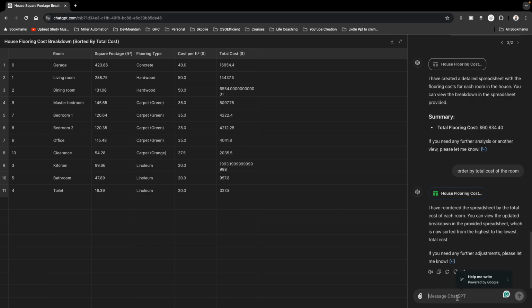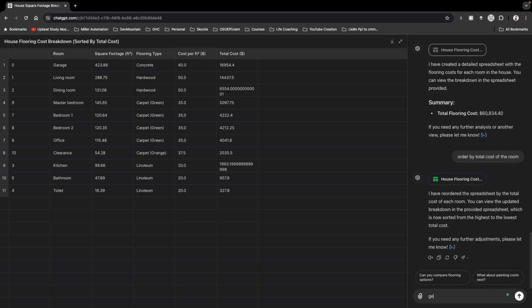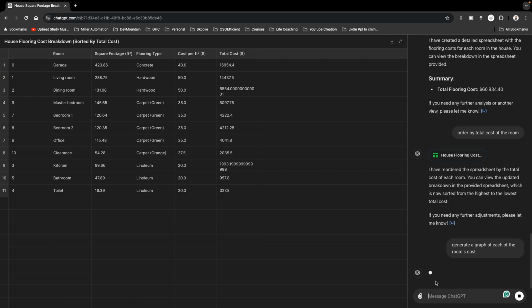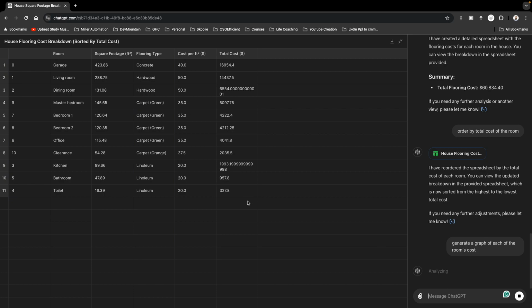And now a cool feature of ChatGPT again is I can come in and say, generate a graph of each of the room's cost. Okay, and now it's going to take this information and change it into a graph if this live demo goes according to plan, which typically it does fairly well.